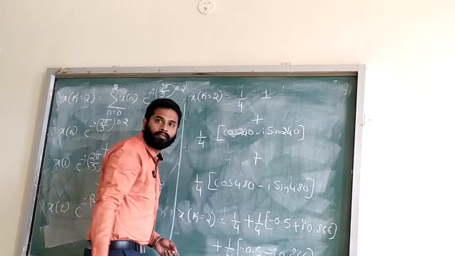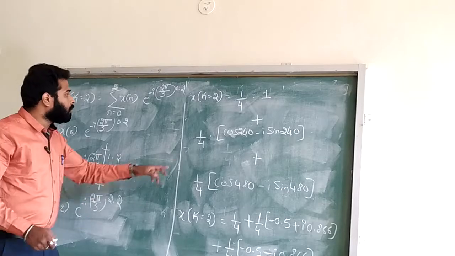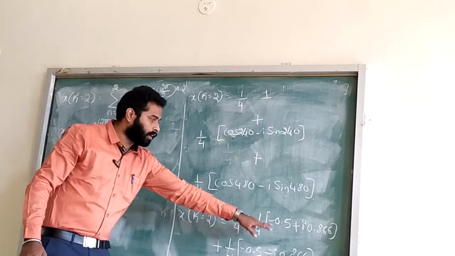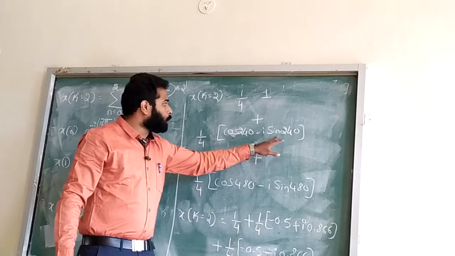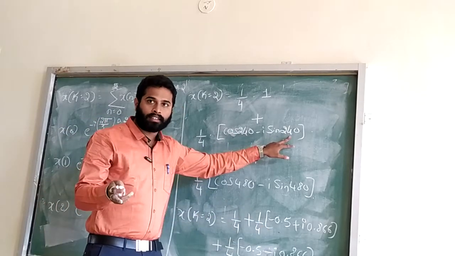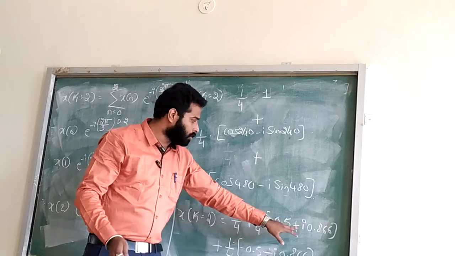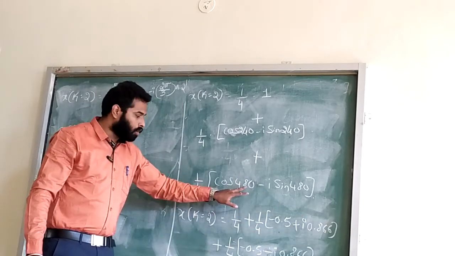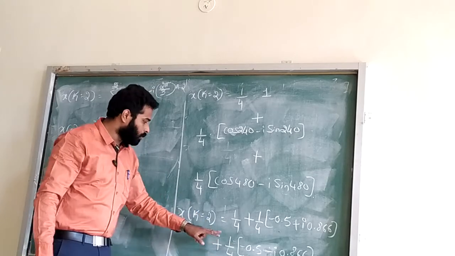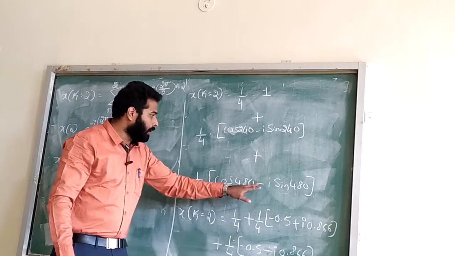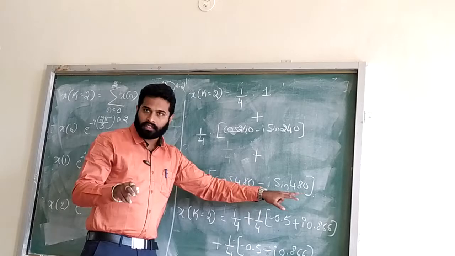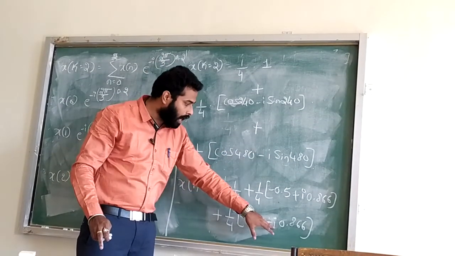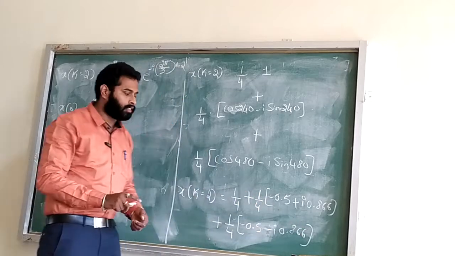So now cancel. Cos 240 minus I sin 240: cos 240 is minus 0.5. That's right. Sin 240 is minus 0.866. So minus into minus becomes plus, so I have done plus I 0.866. That is right. Then cos 480. Cos 480 is minus 0.5, so it is directly minus 0.5. Then minus I into sin 480, which is plus 0.866. Right. So again plus into minus is minus. So this is minus I 0.866. That is right. Okay.